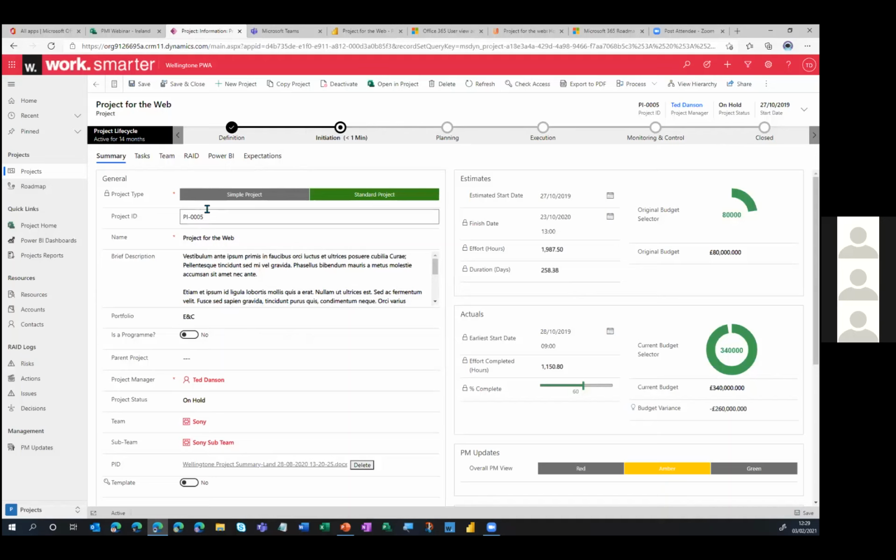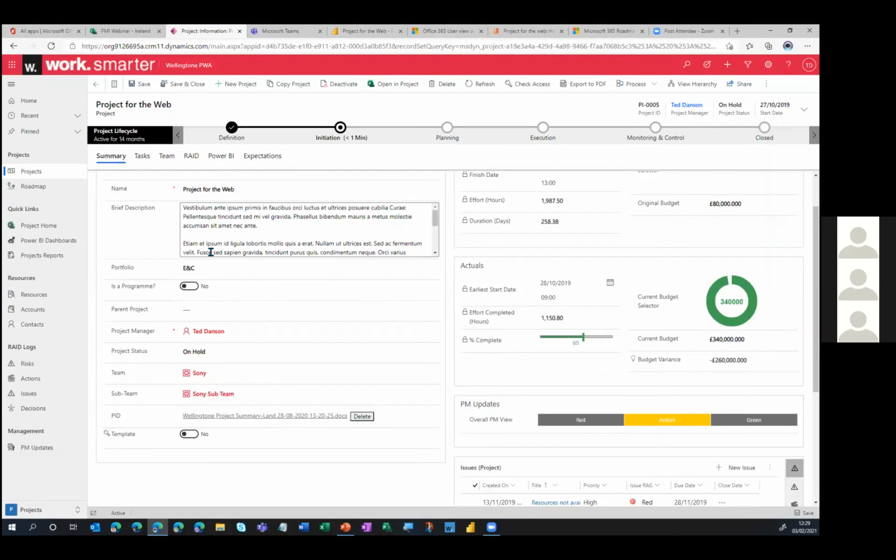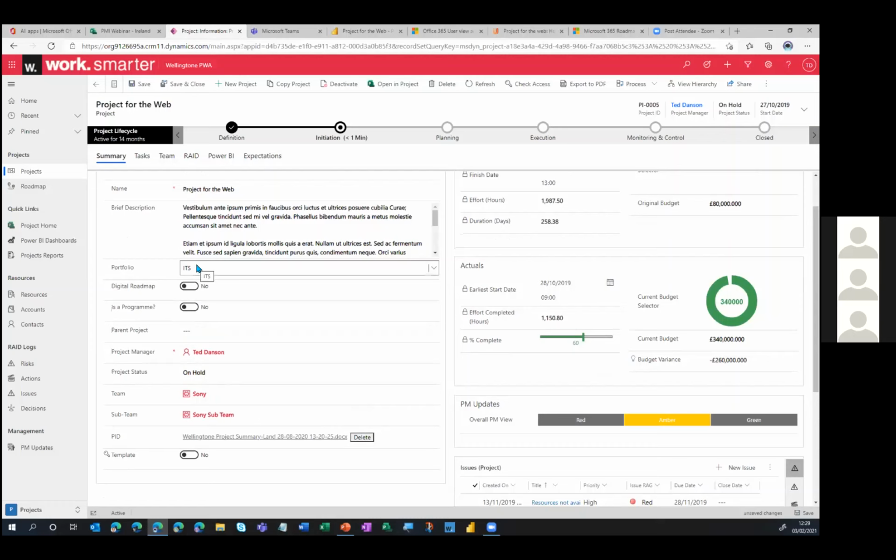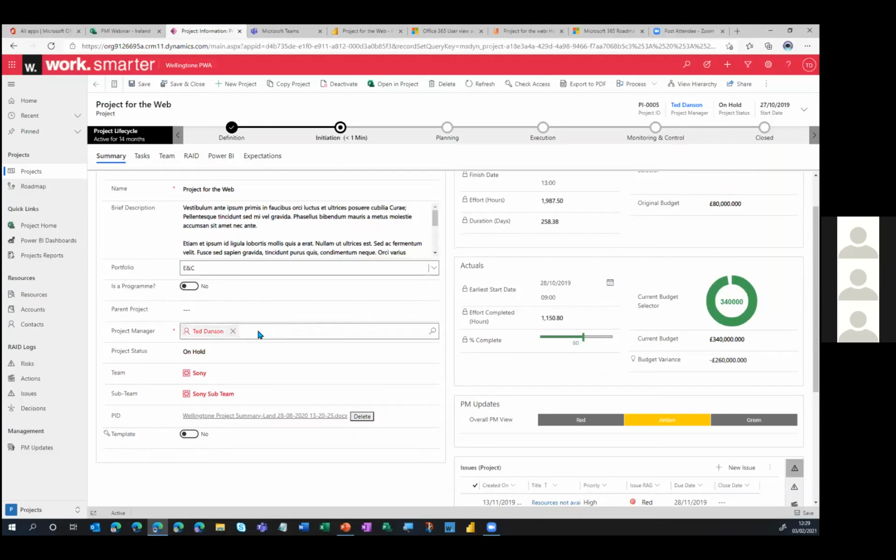Going back to the general entity here, we've also set up a field to capture things like project ID. We're enabling PMs to type in descriptions of a project. You can define fields like portfolio. And if I go in and switch between the two, you'll see that additional fields become available depending on what you've selected. So there is some intelligence behind the scenes as well. You can add this to roadmaps. You can align this to a program. You can even link this to a parent project as well and see hierarchy being built out. So I'm going to set this back to what it was initially.